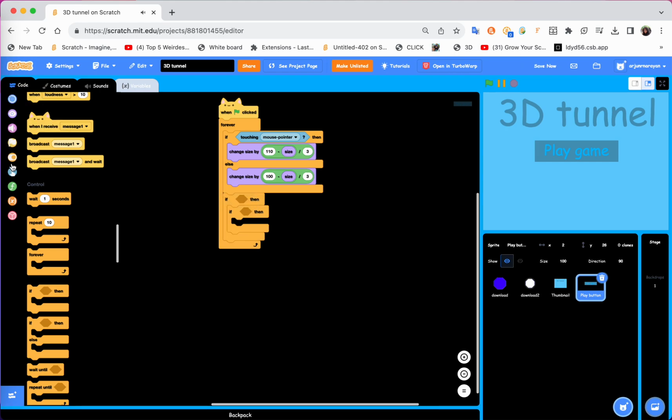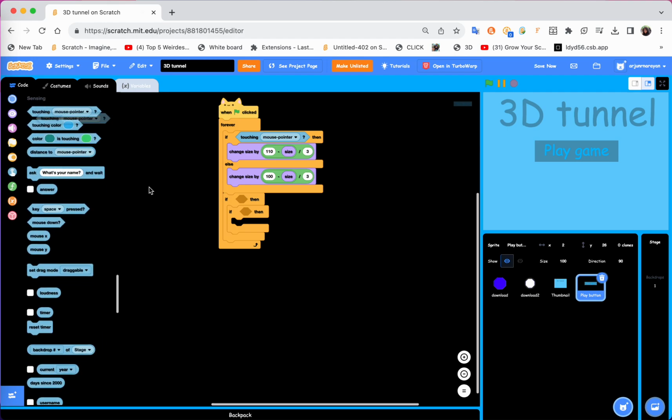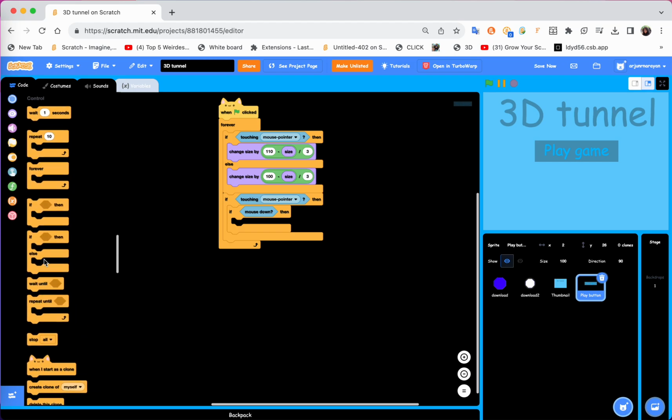And now, if we are touching the mouse pointer on the outside one, and on the inside one, we want to do if mouse down. And then we can do wait until